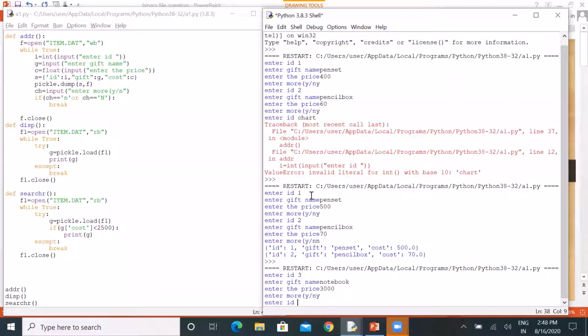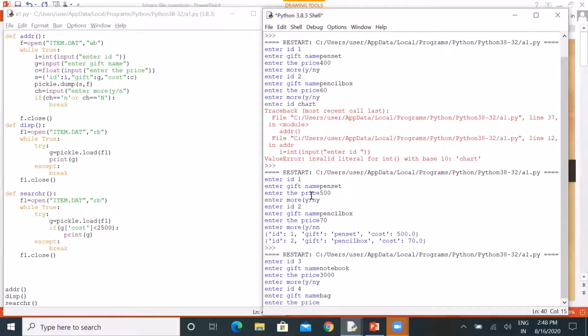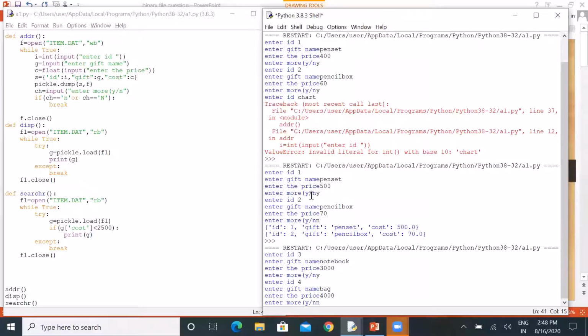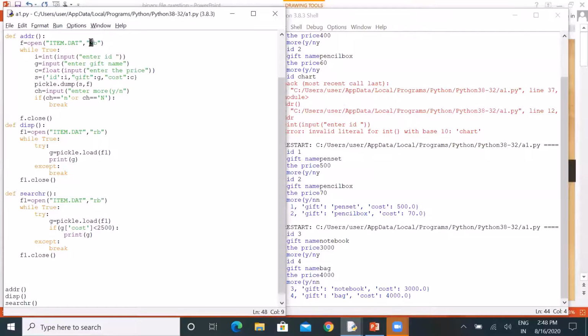Next, ID is 4, gift is, suppose I am taking a bag, price is 4000. No, then it will display the records less than 2500. Oh, that was my mistake. I have not changed the mode from ab. That is why it is showing all the values to us. Okay, it has not executed the value related to this. Now let's see, we will display